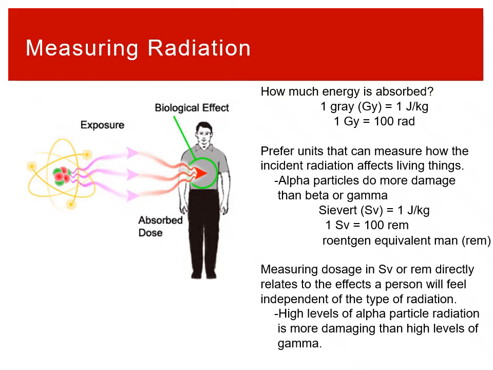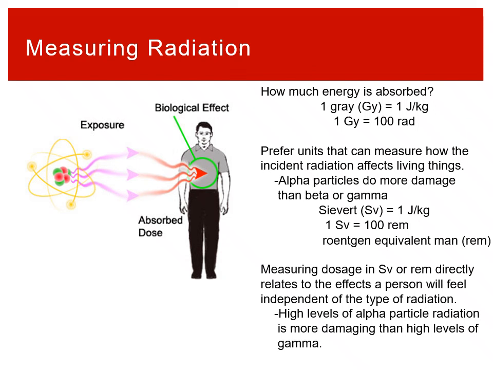The thing is, it's agnostic to the type of radiation and potentially where the radiation is. So you can also have units that are specific to absorption of radiation into people, depending on the type of radiation. For example, a localized alpha particle absorption is more damaging than beta emission, more damaging than gamma emission. So you have different conversions of energy from gray into sievert, which is again 1 joule per kilogram, but with a little tweak. And 1 sievert is 100 rem, and a rem is Röntgen equivalent man. It's a bit gendered, but Röntgen was one of the scientists who worked in the early world of radiation.